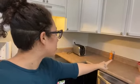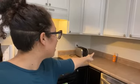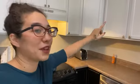That needs to go in the dishwasher. This needs to get cleaned out. And this needs a little bit of work. That goes up on that shelf all the way up there. Okay, so a couple of stragglers. That happens because life. But before we go to bed tonight,